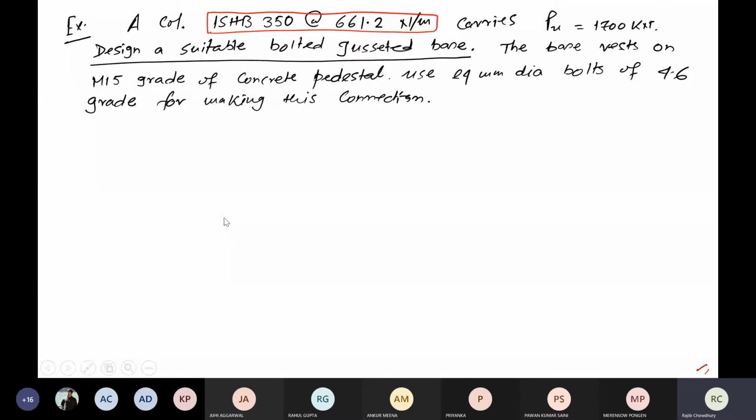So this particular problem, which is now being shown in the slide, was already given in the last class. So let us have a look into this problem and try to make the solution in a stepwise manner. Here a few things are in addition to what was already given in the slab base problem.